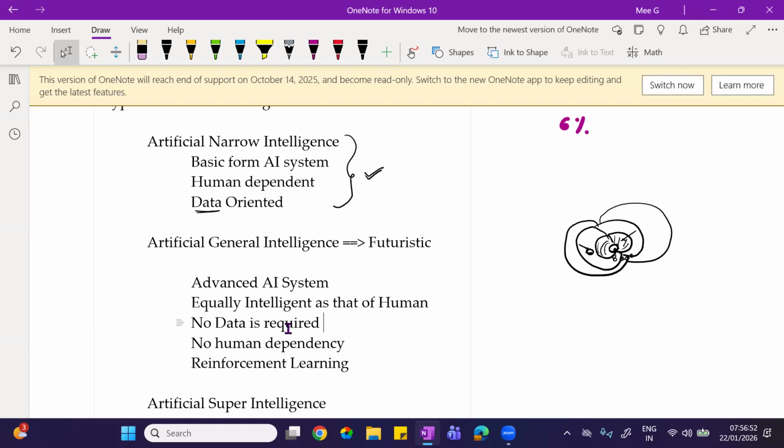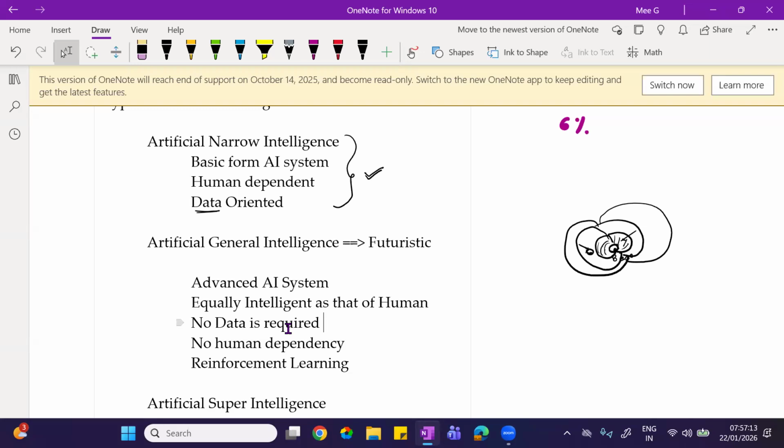See, AGI now, you must have heard about a lot of companies are generating chips which you can implant in your body, which will keep track of your body behavior and everything. And it will help you to take wise decisions also. Okay, it will be there. Now it is in the initial phase.